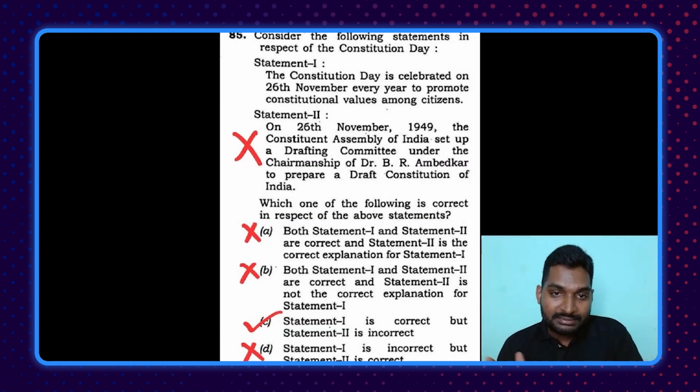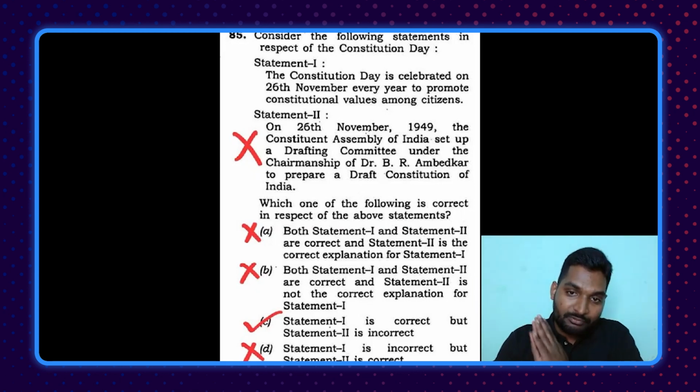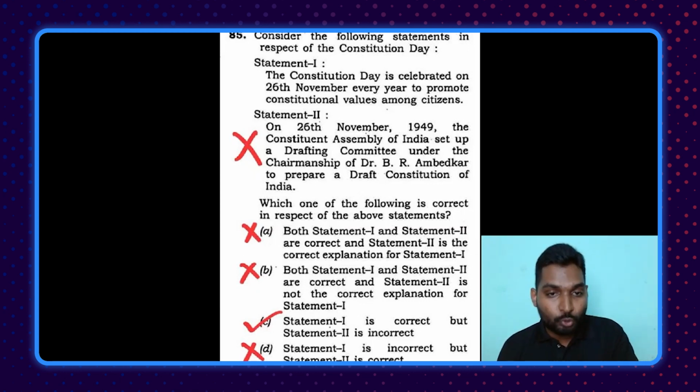Again, UPSC had given two statements. Statement 1 said the Constitution Day is celebrated on 26th November every year to promote constitutional values among citizens. Again, we don't memorize such dates, data, figures as part of our prelims preparation or civil services preparation in general. But again, there was statement 2, which said on 26th November 1949, the Constituent Assembly of India set up a